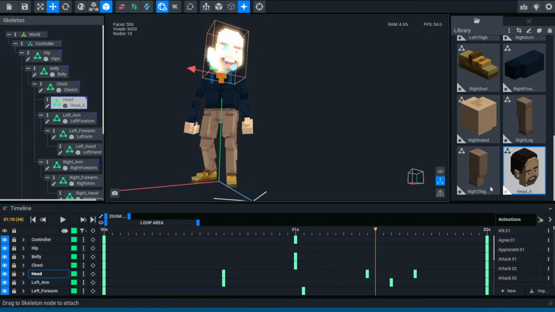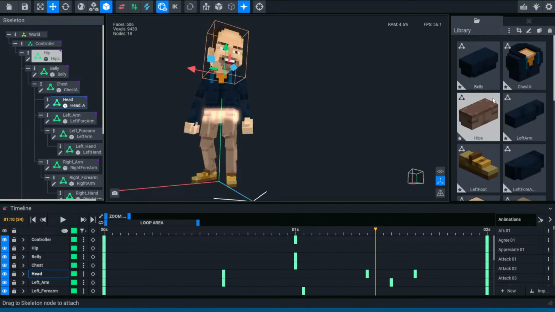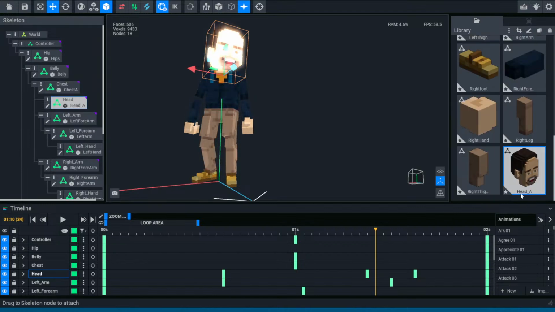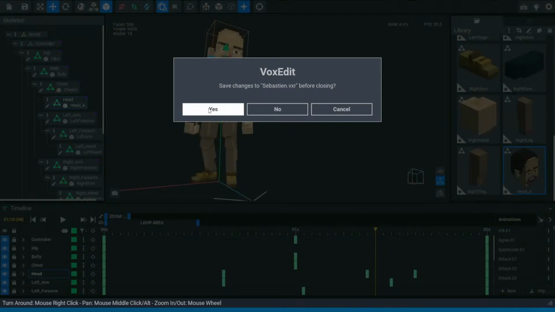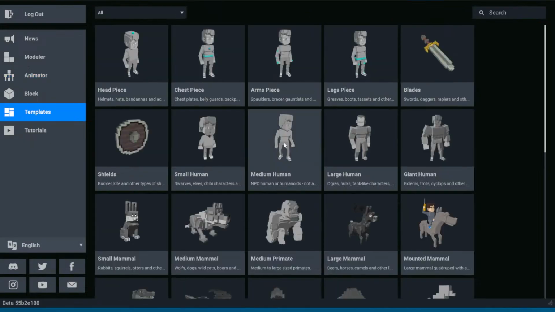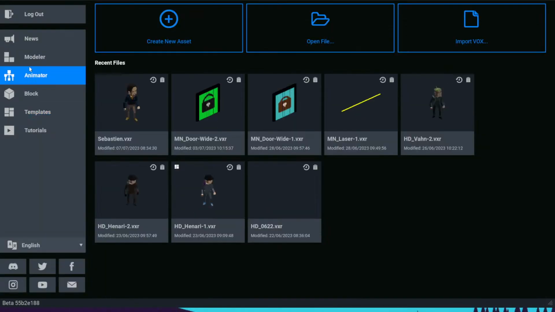So I just want to make sure I have all the names correctly of these models. So all of the different voxel portions. You can see here I just renamed this to head_A. So what I'll do is go into templates. We'll go to medium human. Or better yet, I'll just make a